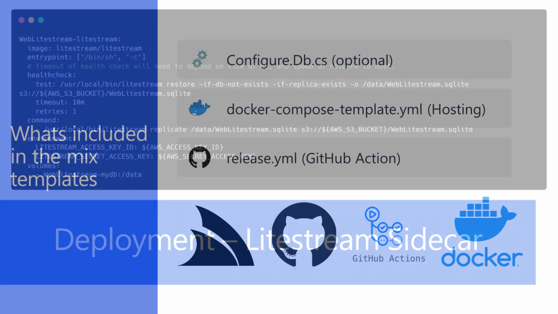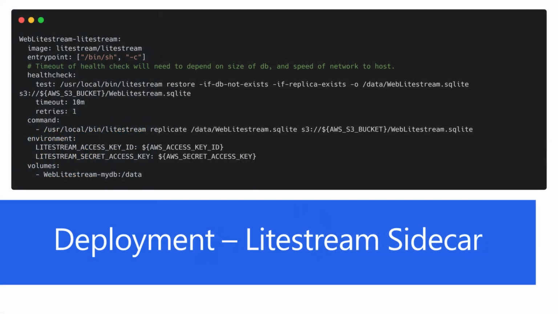It uses built-in Docker Compose health checks to ensure that the database is restored from backup if a backup is present on the remote storage and is missing on the local host, so it is ready to go before starting your main application container. To test this out, we're going to set up an application using the Vue SSG project